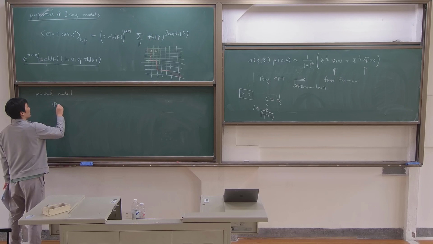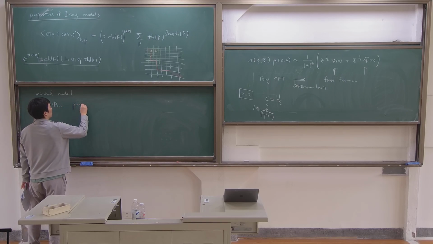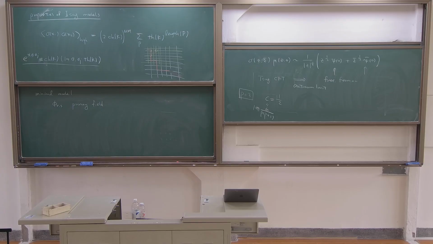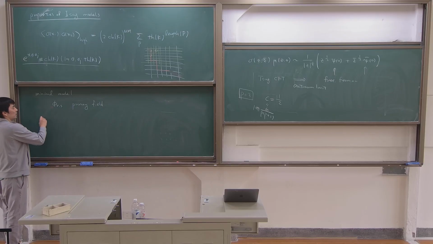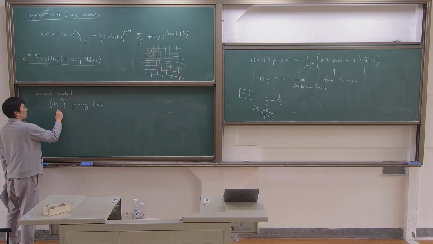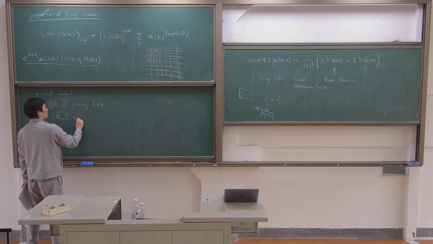You have a phi RS, a primary field, such that its descendant family contains